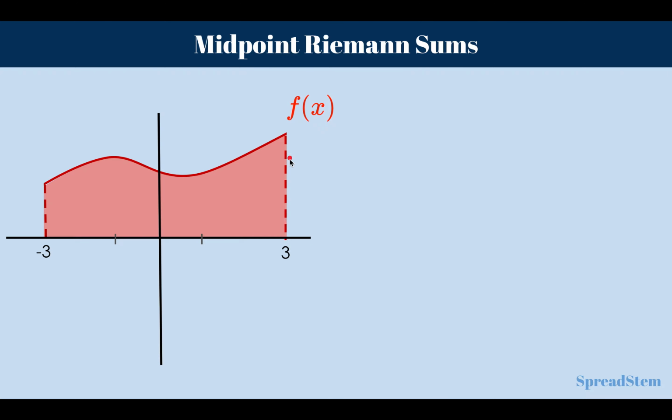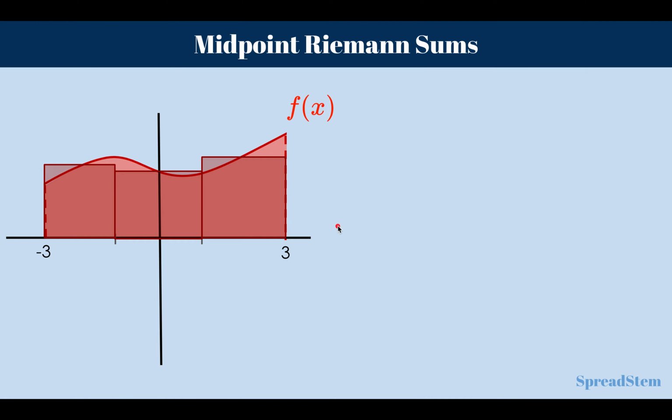Now in order to approximate this, we'll divide this area into 3 rectangles. And in the case of midpoint Riemann sums, the height of each rectangle would be the value of the function at the midpoint of the rectangle. So it would look like this. Notice that in each case, the graph intersects the rectangle at the middle of